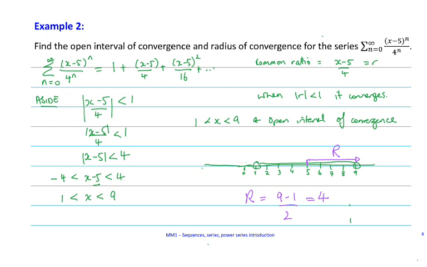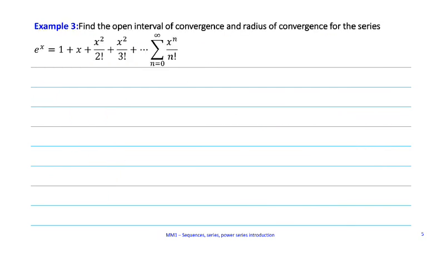Okay. One last question. Find the open interval of convergence and radius of convergence for the series. Now, this series here is e to the x. This is e to the x. And you can see that you can actually find a relationship to express it. So for the open interval of convergence, for convergence, we need,